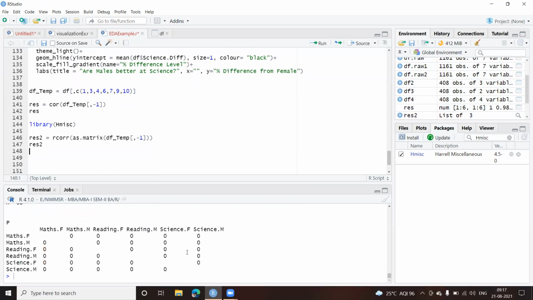Fine. Now you can see all the values are coming to 0 here. That means, as you can see, there's a high correlation between the variables. So especially in this example, all your variables are correlated. Closer to 0, it is highly correlated. So actually, I just wanted to show you whether we can get the correlation plot and the p-value. That's why we have gone through this.